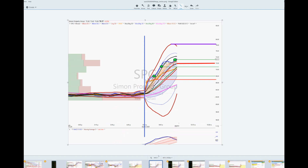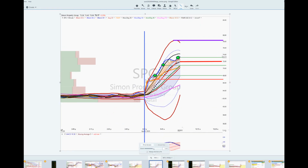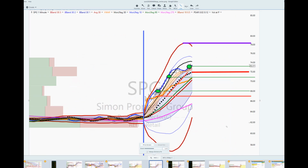This next one is Simon Property Group. I have been so wrong on the macro on this one, it's just not even funny. Harder to be wronger than I have been. What I want to show on this is a technique for visual box trading again. There's a course on visual box trading that I built last night that has about 200 examples like this. So I just go back to